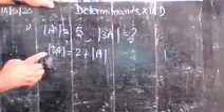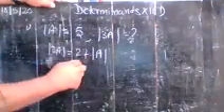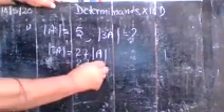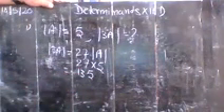So here you see that the value of 3A is equal to 27 times the determinant of A, and putting its value, 27 into 5, 3 fives are 15, and here you have 135 as your answer. So note it. That is a question based on this property. Now come to the next property.